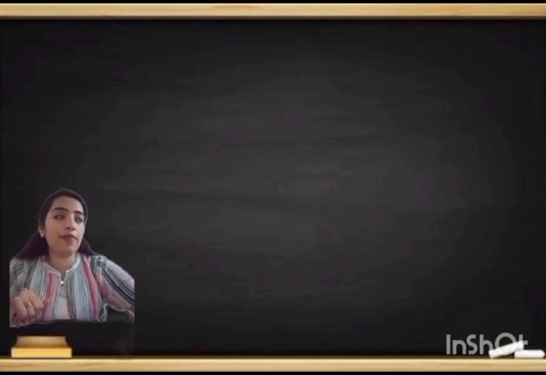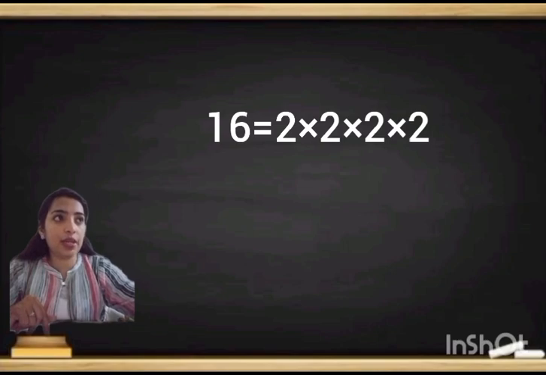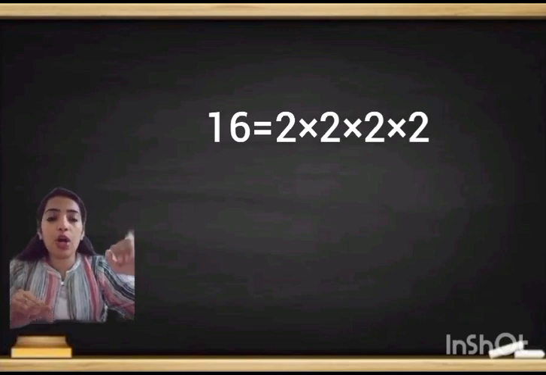Let's find the method. So how do we write 16 by prime factorization? 16 equals 2 into 2 into 2 into 2. 4 2's, right? So how many 2's are